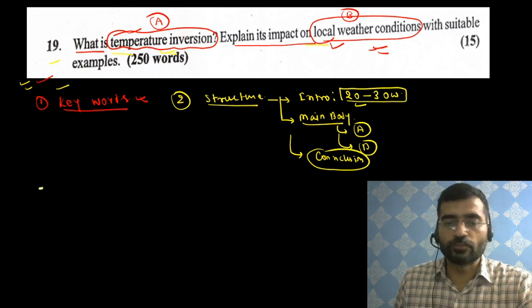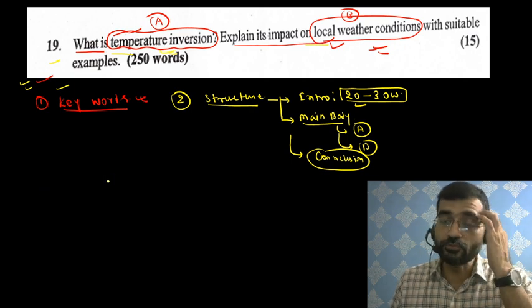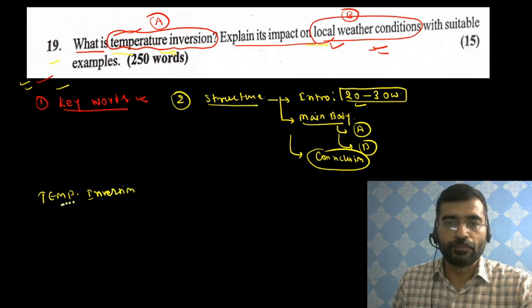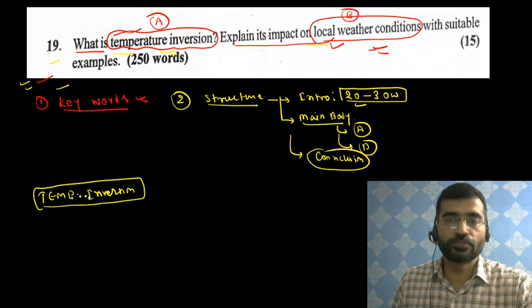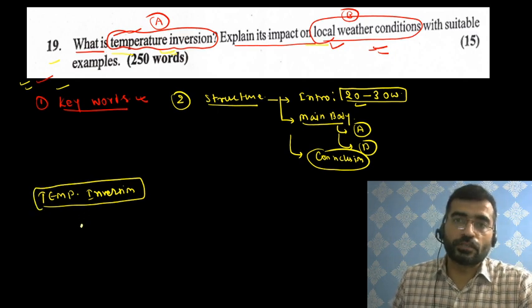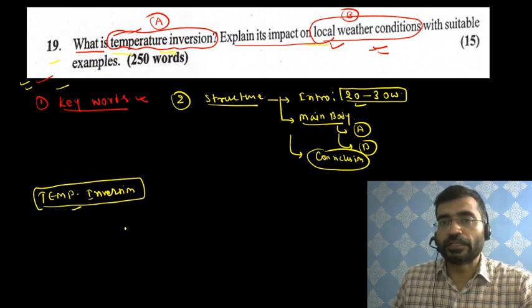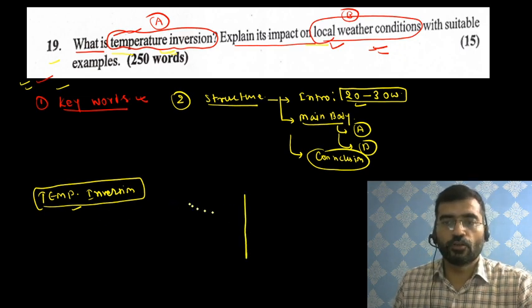Very first, what would be the meaning of temperature inversion? I would like to first give you an insight into the concept. I think most of you are aware of the concept of temperature inversion, but I would like to discuss it for those who are not aware of it. Look, temperature inversion is a condition prevailing in our troposphere. You know very well what the condition of the troposphere is. That is the normal condition.